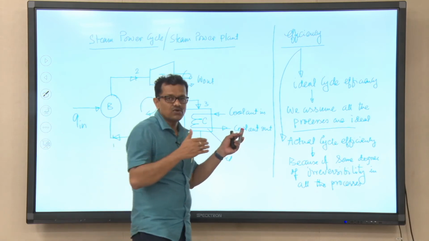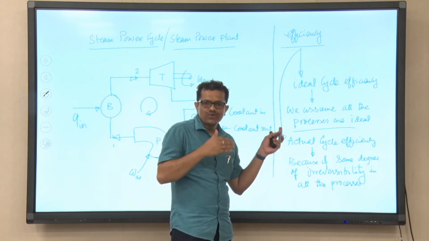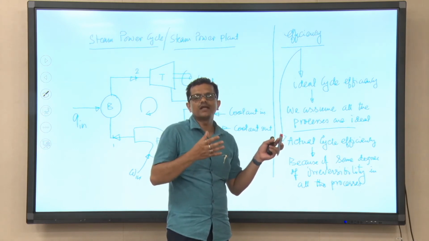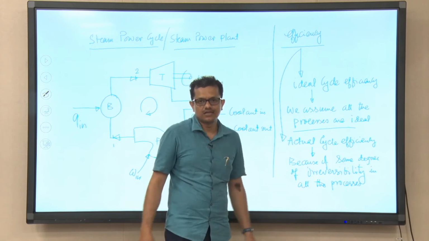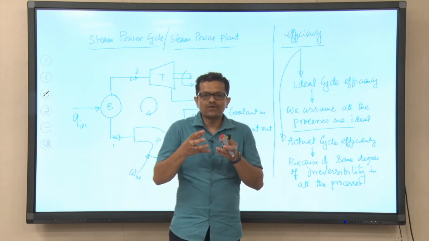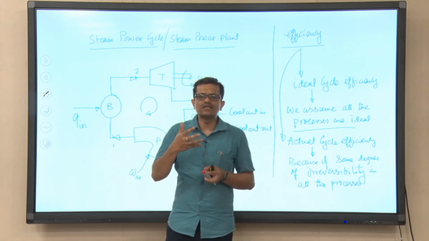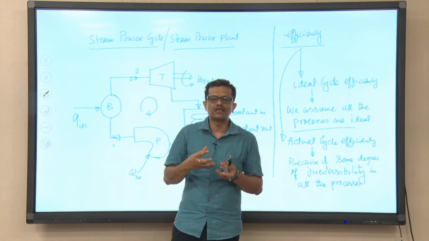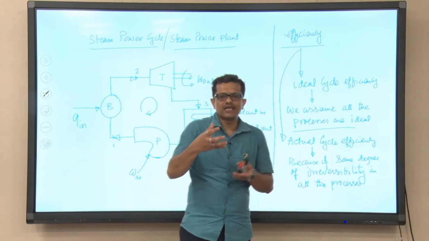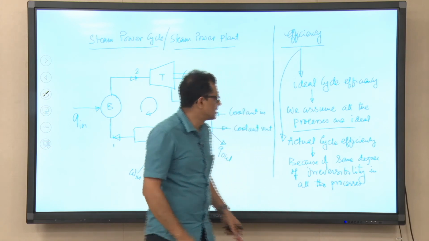So, basically here also, though it is very difficult to achieve ideal efficiency in practice, we still analyze the ideal cycles. The sole purpose is to compare the efficiency of the actual cycles, to see how close we can reach. So, if we consider the actual cycle in real practice, our objective should be to optimize the different processes in the cycles so that, though we won't be able to meet the ideal cycle efficiency, we can at least reach closer to that. So, that is why the concept of ideal cycle efficiency is there.